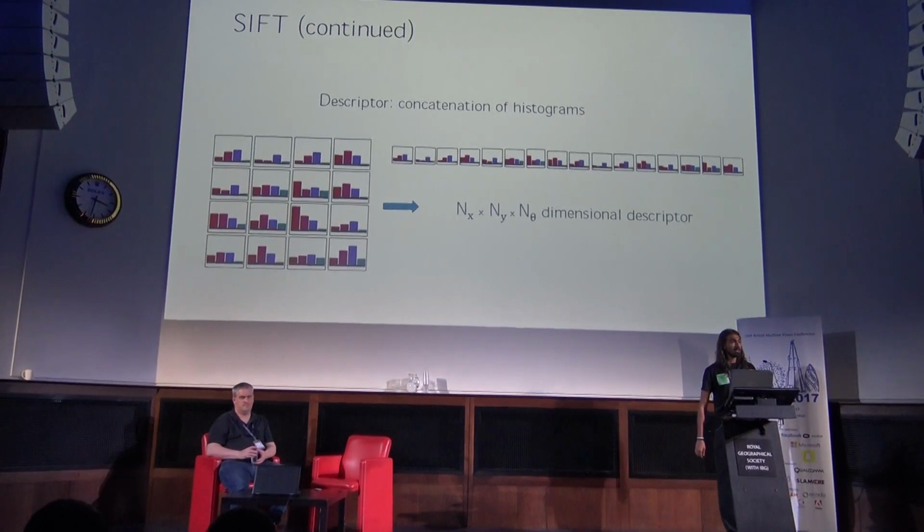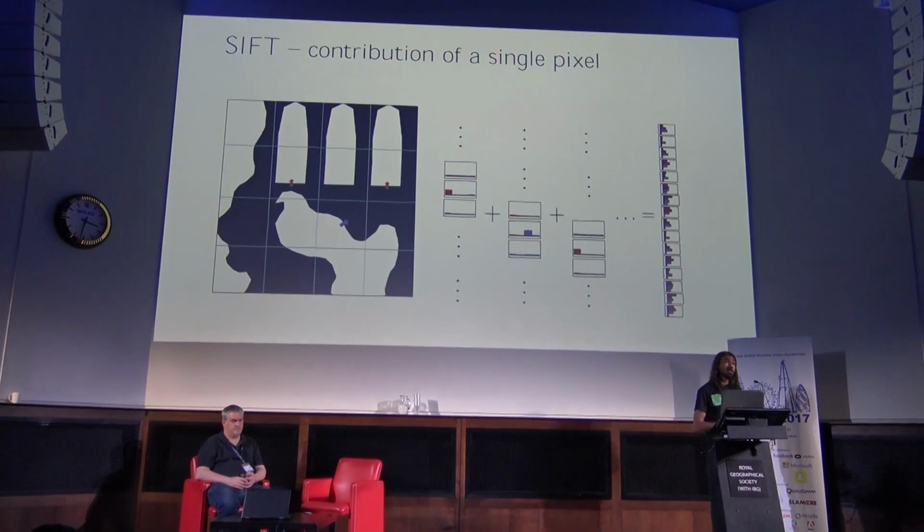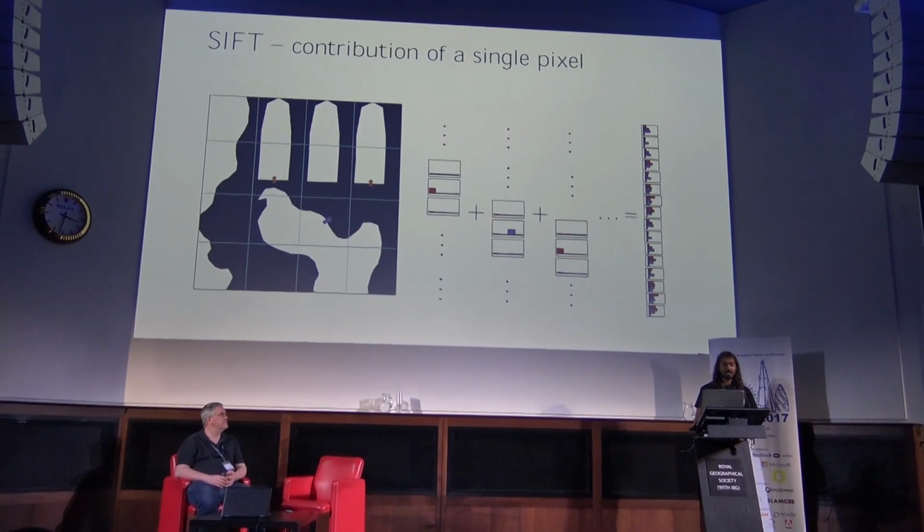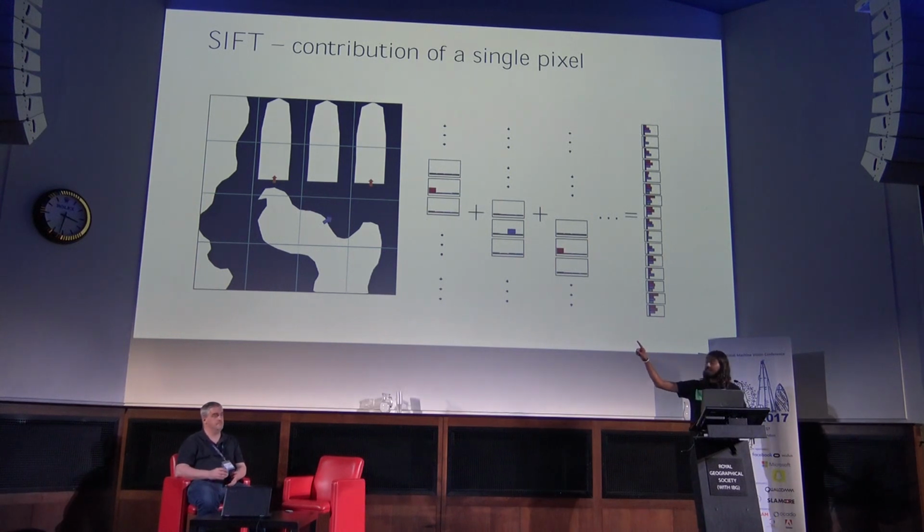So this I'm sure everybody knows, but let's try to look at this from a new perspective, which is, what is the contribution of a single pixel to this embedding? As I've shown here, for the orange pixel at the left, if we take the embedding of this pixel, what we get is a positive value in its spatial bin and orientation and 0 everywhere else. So this is what I call the pixel embedding. And now you can see that this patch embedding is basically just an aggregation of pixel embeddings.